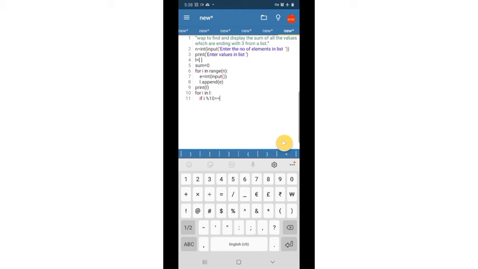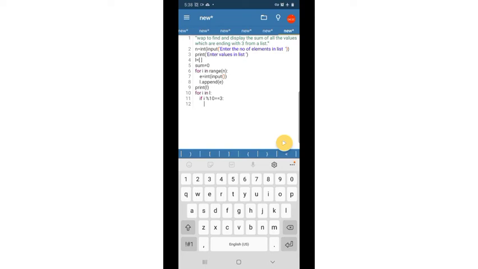So equal to 3. If I mod 10 equal to 3, that is that element is ending with 3. It will be 13 or 33 or 103 or any 1003.